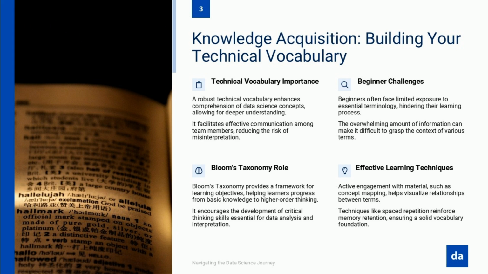This domain-specific organization creates natural contexts for remembering terms based on their functional relationships. Creating effective mental models means moving beyond simple definitions to understand how concepts connect. For instance, rather than learning regression, classification, and clustering as separate techniques, understand them as different approaches to pattern recognition with shared underlying principles. This networked understanding accelerates learning by allowing you to transfer knowledge between related concepts.